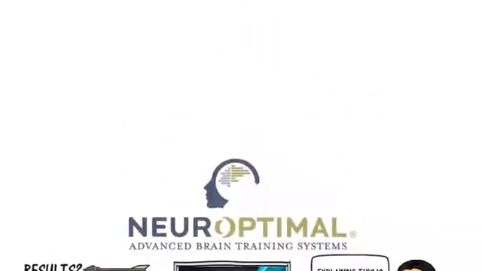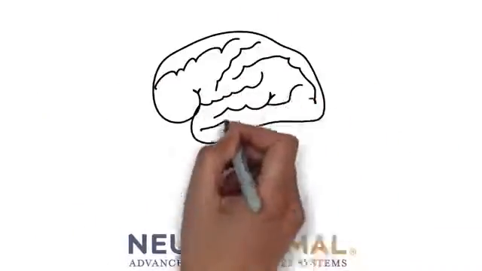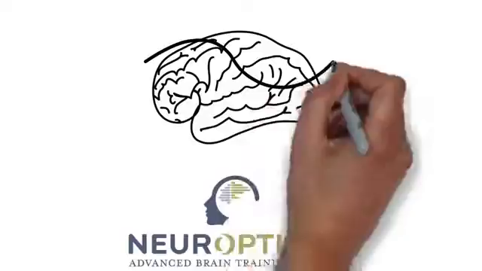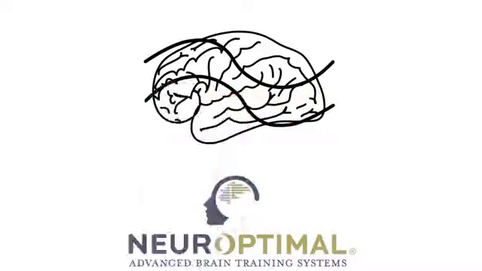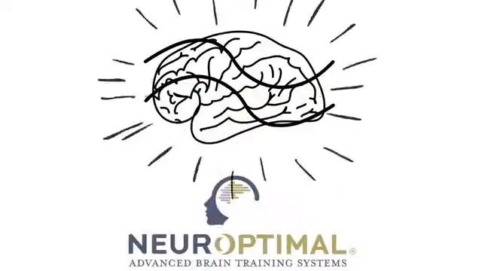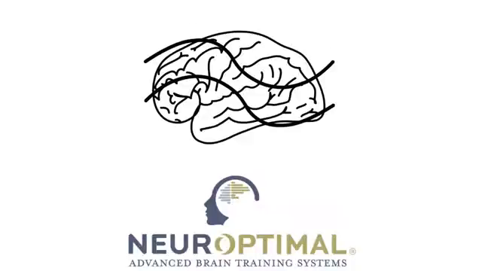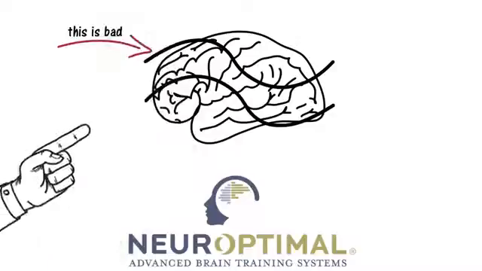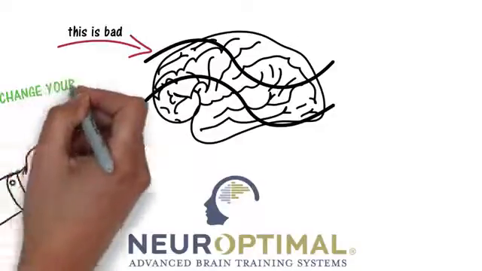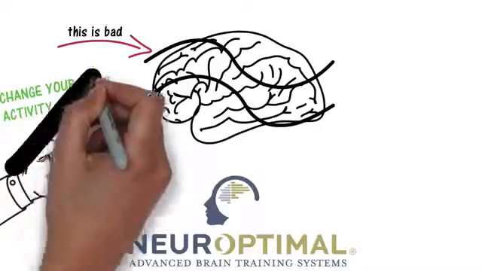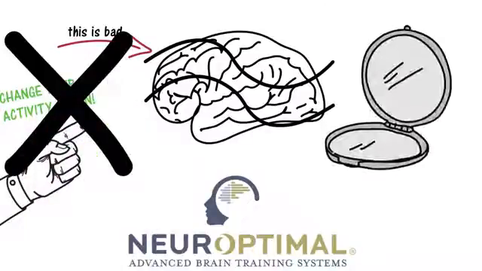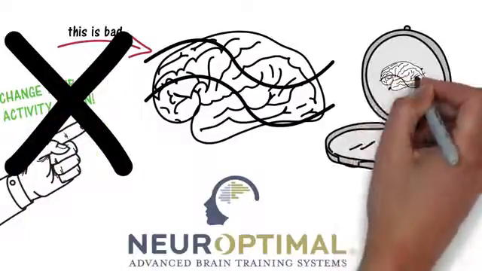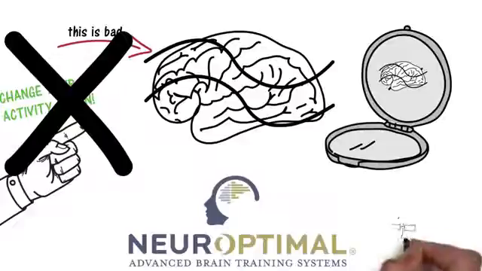correct that problem. Remember that NeurOptimal is simply looking for turbulence or wobble in the brain's dynamical activity and alerting the brain when that happens. There's no evaluation, like this wobble is bad, or direction to the brain, like change your activity in this way. Just mirroring what the brain is doing and letting the brain respond in whatever way it chooses.